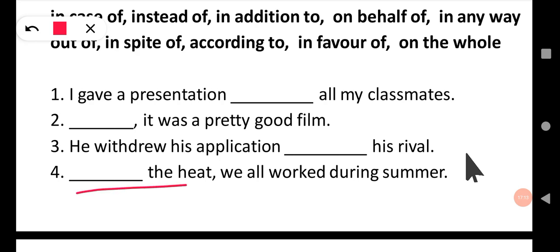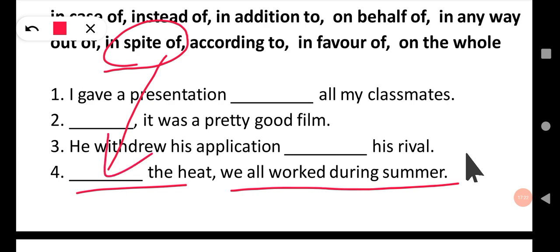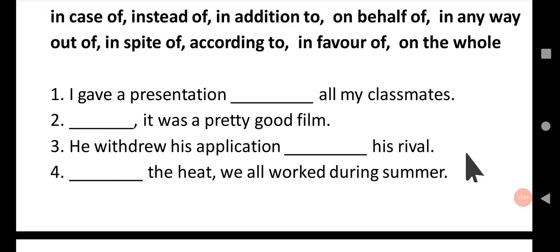That means there was so much heat, but still all the people worked during the summer. So which is the connector we can use? In spite of the heat. That means though there is so much heat, we all worked during summer. Next one,